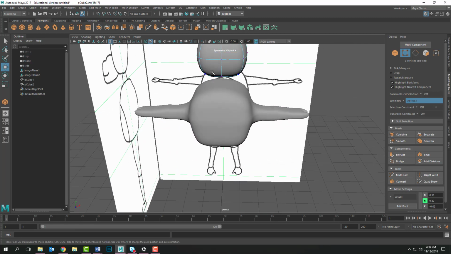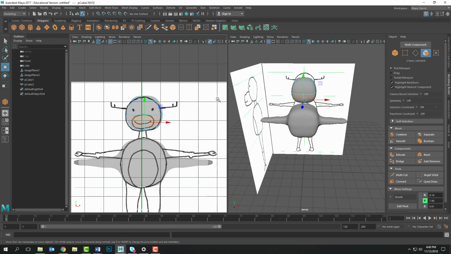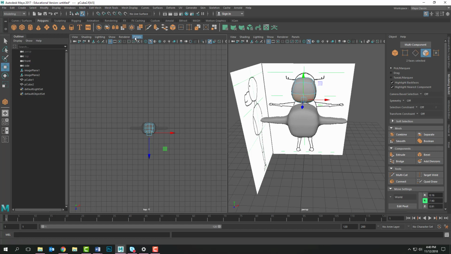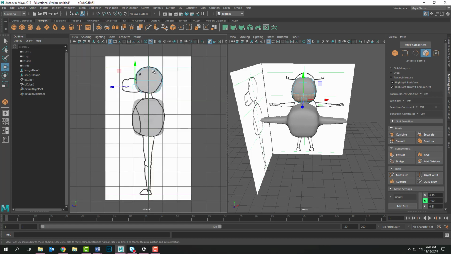Okay. So what we want to do, I want to pull out the nose here. So I'm going to select the front two vertices of the face, and now I don't want symmetry on because I just want to pull out the front. So I'm going to turn that off. So it's just the front two, and I'm going to make this one a side view. Okay, so now I want to press extrude,